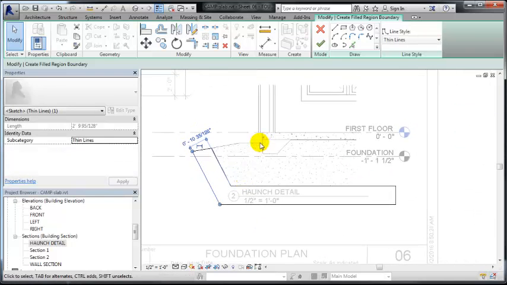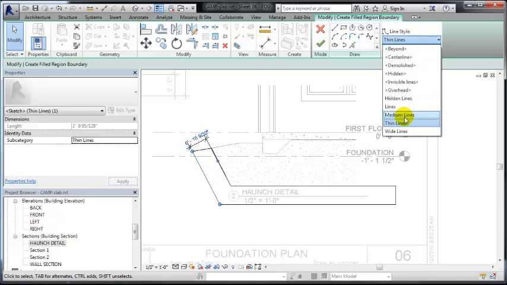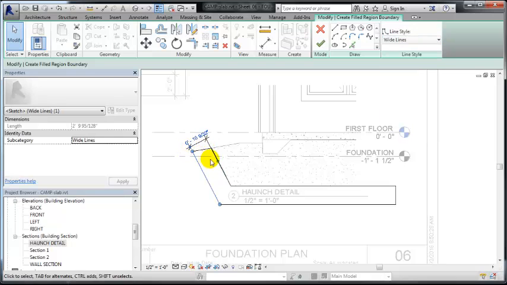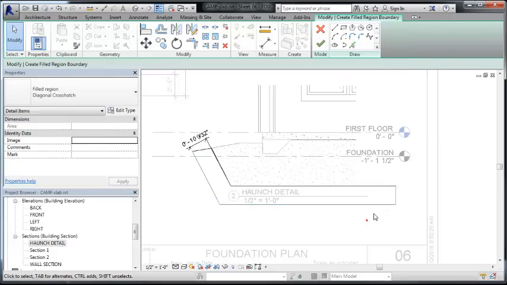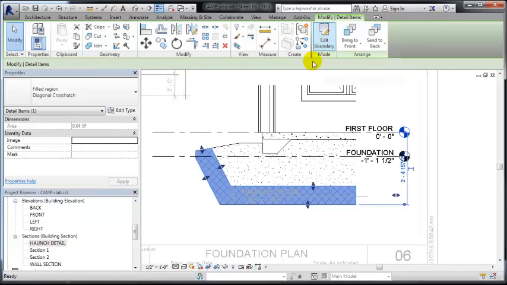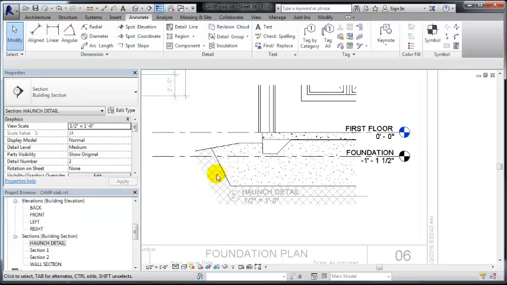It doesn't really matter. This is going to represent the grade line here. I want all of these lines also to be thick, or at least this one I want to be a wide line over here. And then these three, or four rather, three, I want to be invisible. So you can turn them into invisible lines so they don't show. And then when you hit the checkbox, we're going to get that crossed hatch region again, but I want that